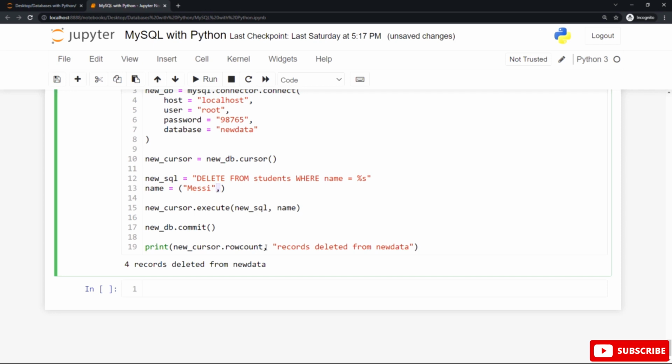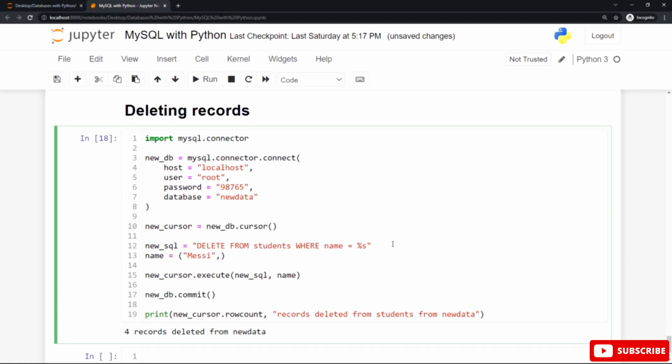You can see the row count, the number of records deleted from our table called students, is 4, followed by records deleted from new data. So easy and so simple, as you can see.